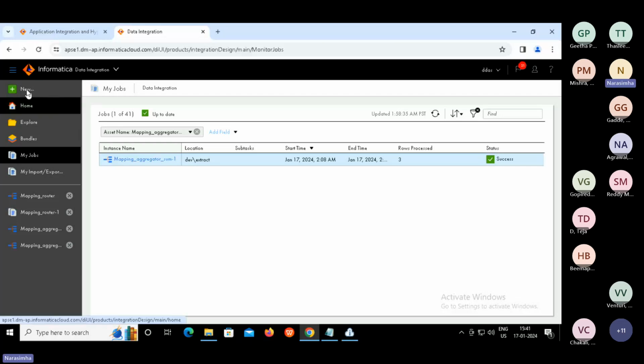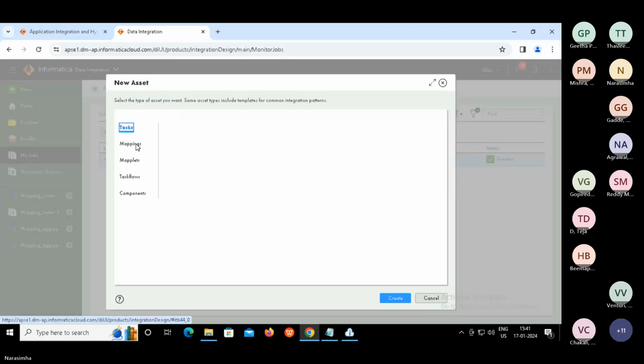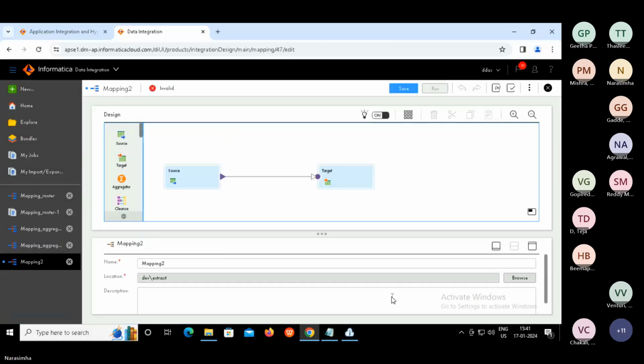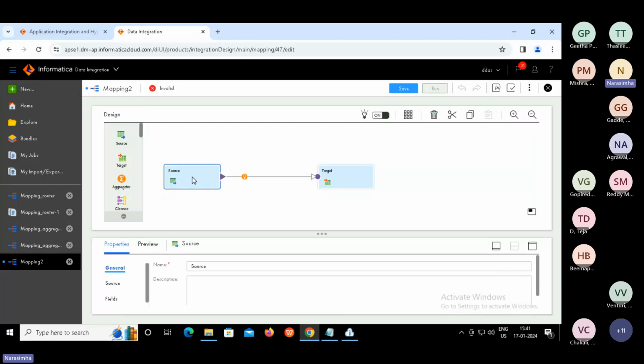Click on new. Go to mappings. Click on create. Can you see, guys?